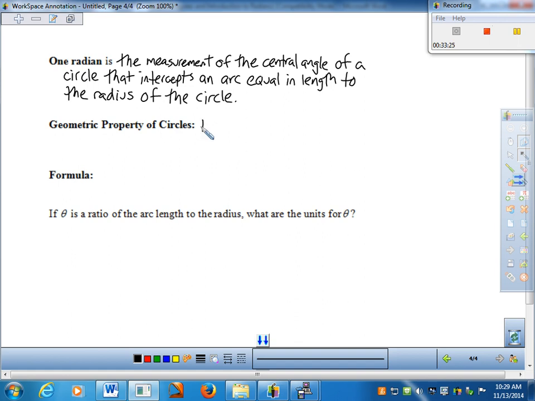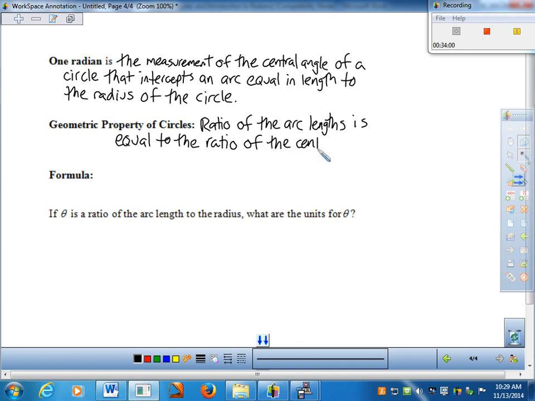And this is one you may have seen in your geometry class. It is actually a rather obscure one, but it works so beautifully with this scenario. So here's what I have. The ratio of the arc lengths, and we'll put that together in just a second. So remember this piece, the ratio of the arc lengths is equal to the ratio of the central angles. So write that in there for me, and then let's go ahead and interpret what that means with our 2